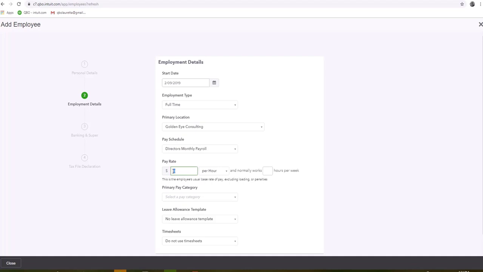Now, this is the pay rate, so you have a choice of per hour, per annum, or per day. So for this particular director, we're going to choose per annum, and we're going to say that he's on, let's say, $65,000 per annum, and he is a 38-hour week. As soon as I hit tab,